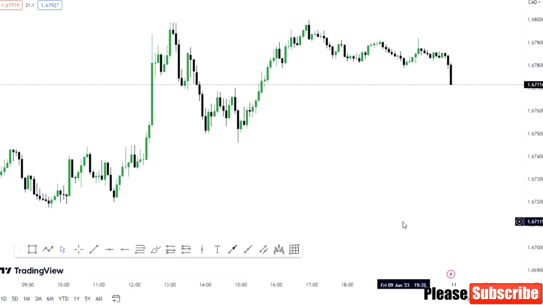Now, in this particular lecture, I'll be showing you how to use pivot levels in both a demand and supply setting, and how you can approach the charts using pivot levels, also with your order blocks, and using pivot levels as a scalp trader. This is actually one of the best ways to confirm your zones